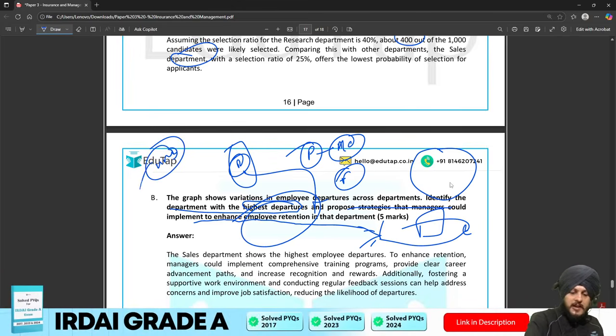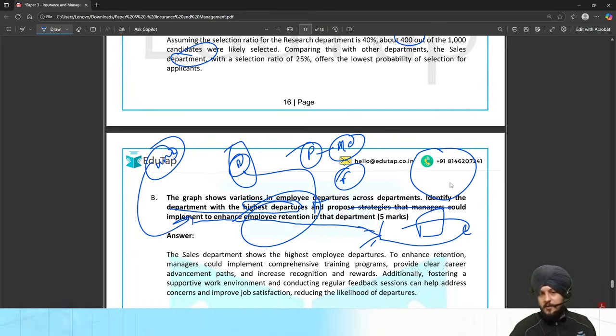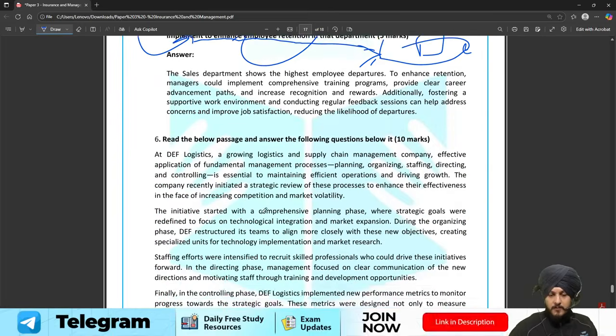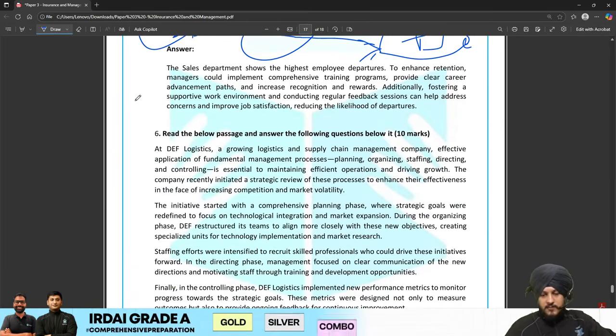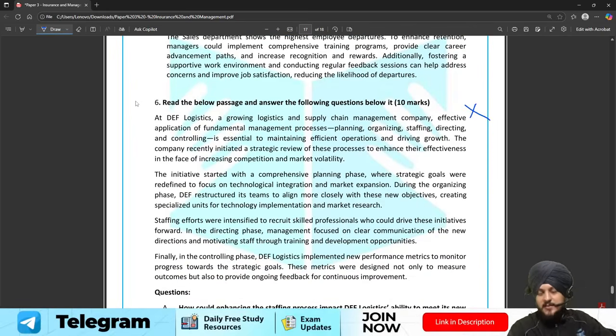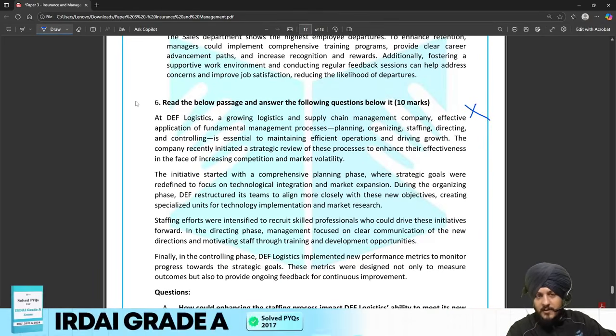So this comes under that topic, and you could have been in a comfortable position to answer this question. So again, I would say an easy one. Now the next question, the last question, which is the comprehension passage based question. Basically, again, I'm not going to read this question for you because this was not the exact question that was asked in the examination, because these are memory based questions that we have recollected.